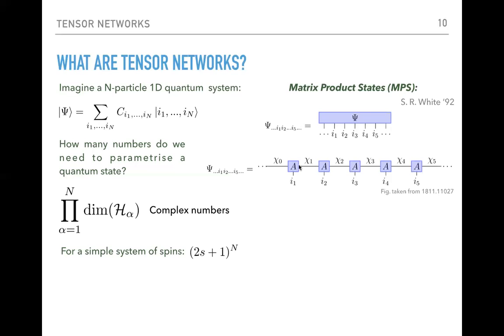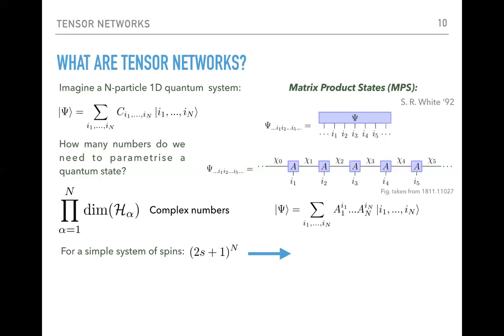If you do it this way, then what you have is just one matrix. Say in 1D you would have one matrix, because you have two legs, two virtual indices, and for each of those you will have the dimension of the local Hilbert space. For example, for S equals 1/2, you would have two tensors per site: one which describes the state up and one which describes the state down. And these are matrices, and so you multiply them all together in order to create this matrix product state.